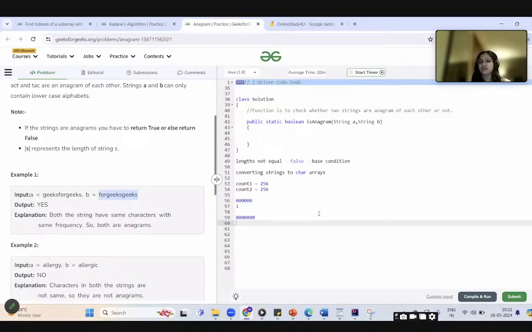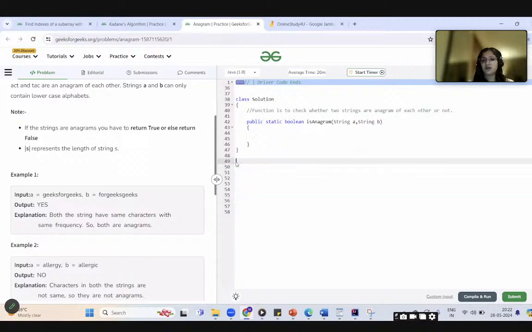We want to see if the first and the last character are same or not as we are moving towards the middle, right? But it is anagram. We just have to check whether the characters are same or not. So why increase the complexity? But yeah, your second option that we can use a hash map, I have already discussed, we can definitely do that. So let's write down the code.